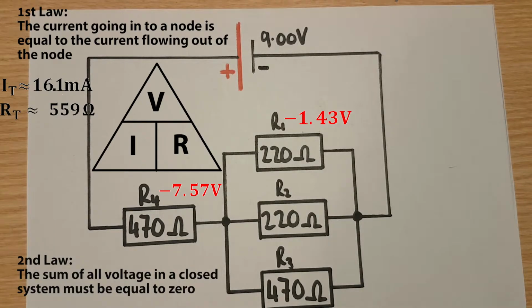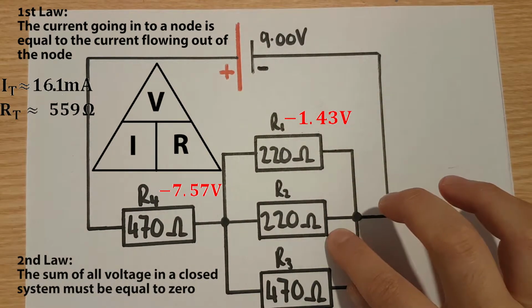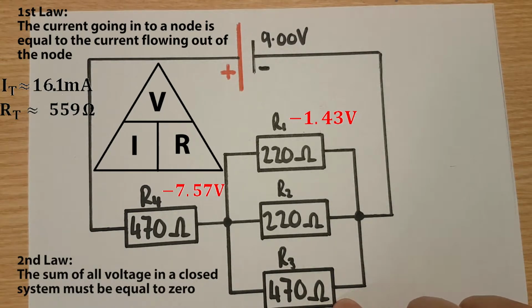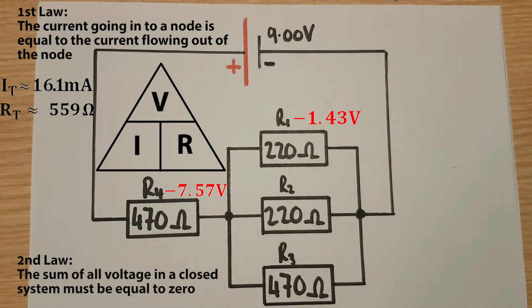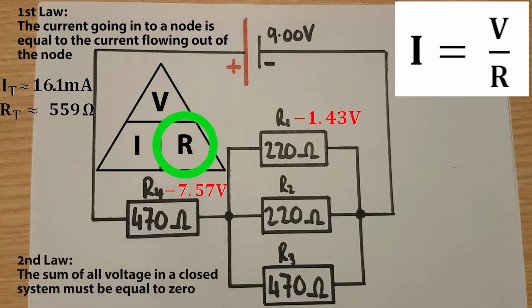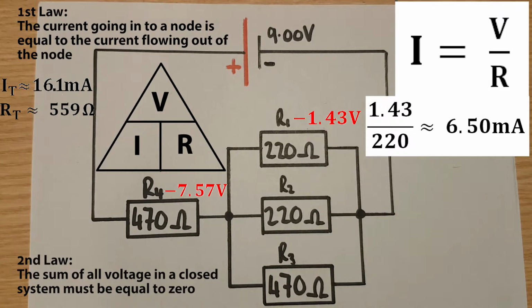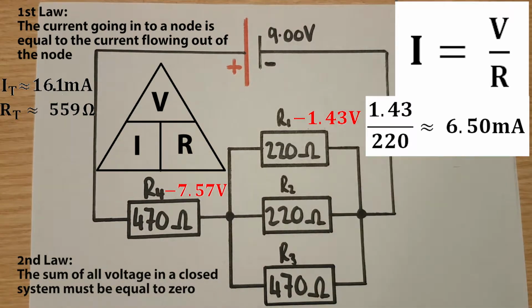Now we have the voltage for components R1, R2 and R3, which means we can then find the current across each component. Current is voltage over resistance. So for R1 we have our 1.43 volts, the voltage dropped across the component, divided by 220 ohms, which gives us 6.5 milliamps. In this case, R2 has the same value as R1, which also gives us the same answer of